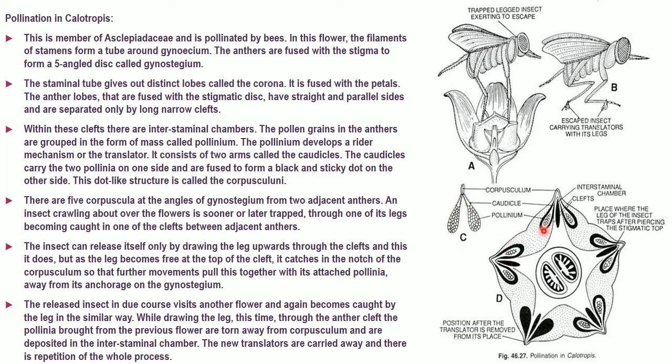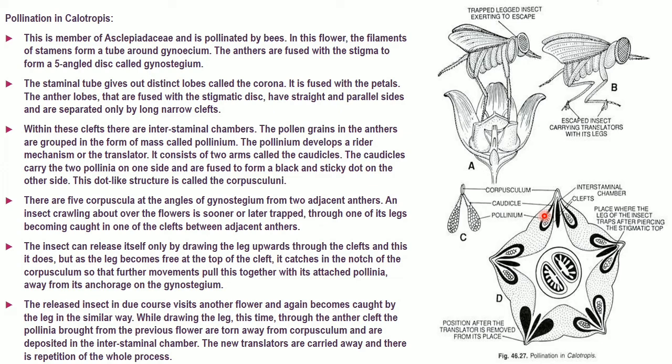This is the section you can see over here. Each part actually has pollen, pollinia. Pollinium, the term is given in your books. That is actually the anther which carries the pollen grains. So here it is there, here it is there, here it is there, here it is there, and it forms a pentangular structure. In the section when it is given, it is explained. So when the bee is visiting over here, its legs are getting trapped, and it will be trying to escape from that.